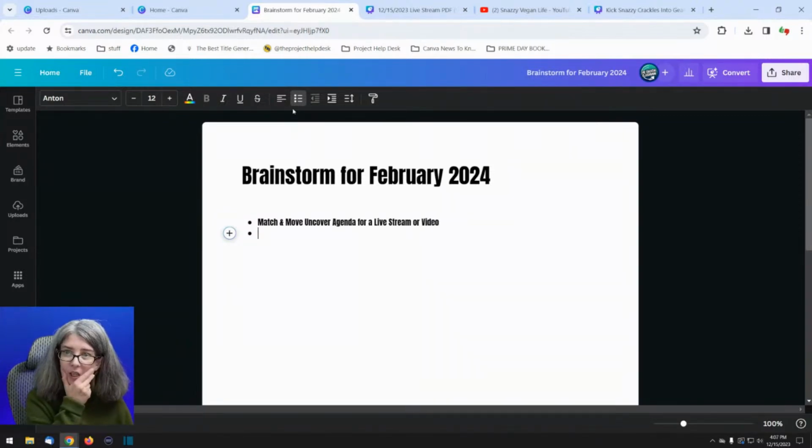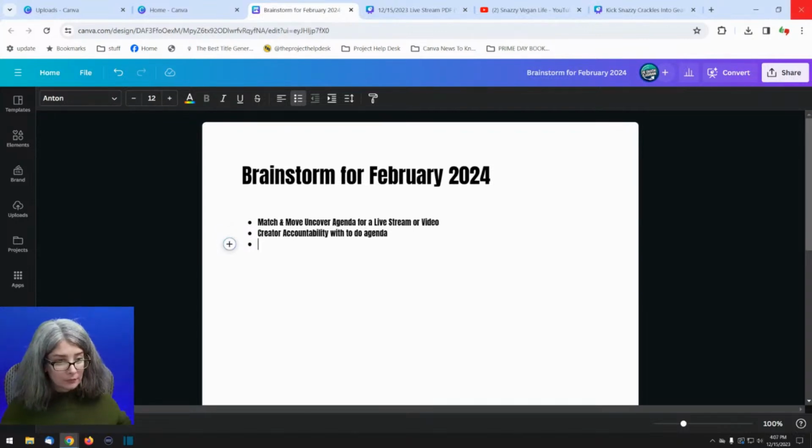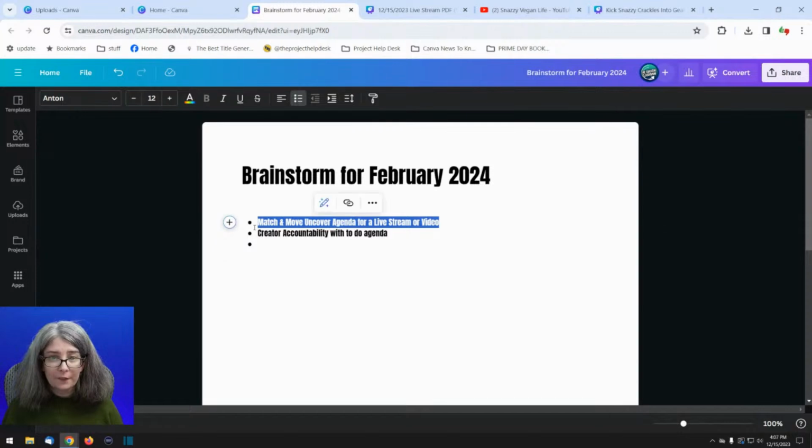The other idea we had was agenda, daily creator accountability with to do agenda. Okay. We are loving this one for sure. So I'm going to click italicize so that I know.